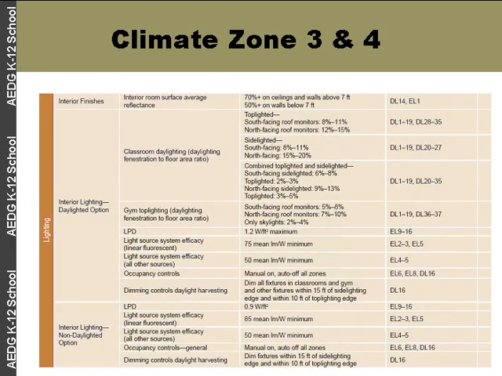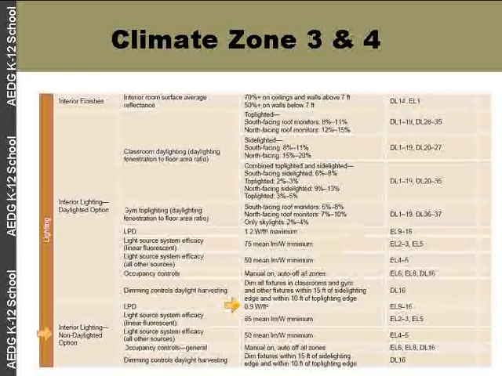And as we jump through the different climate zones, we see that in climate zones 3 and 4, in the interior lighting, non-daylighted option, our watts per square foot have gone down. And again, I wasn't involved in this, and being involved in 4 of the 5 total guides, I can understand or hypothesize why this change was made, and that is that in climate zones 3 and 4, they are a